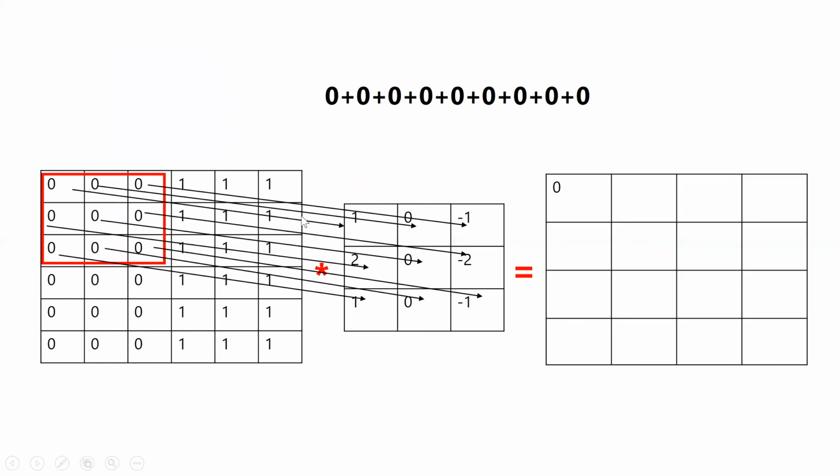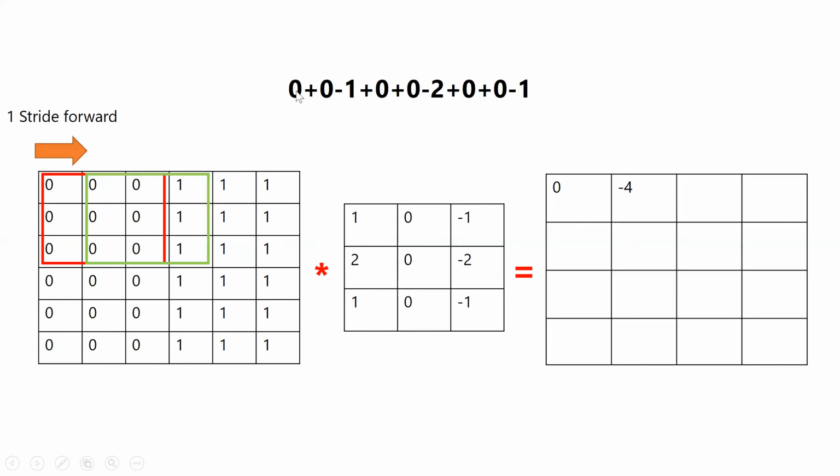Okay, so now by using this vertical filter of 3 cross 3, we successfully derived one point of our vertical edges, right? Our motive is to derive the vertical edges. Now we got one. So we move one stride forward. This red indicates the previous position, and this green indicates the current stride. In the current one, we just moved one cell, or one stride, forward.